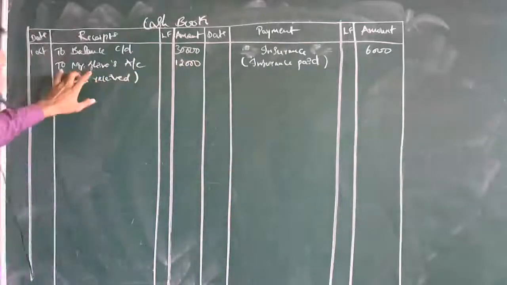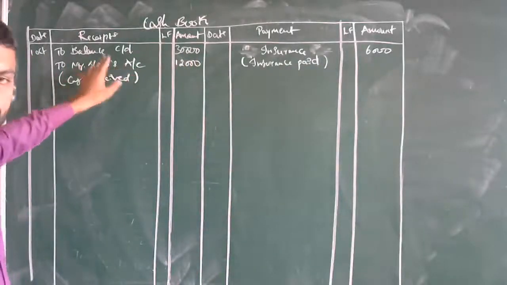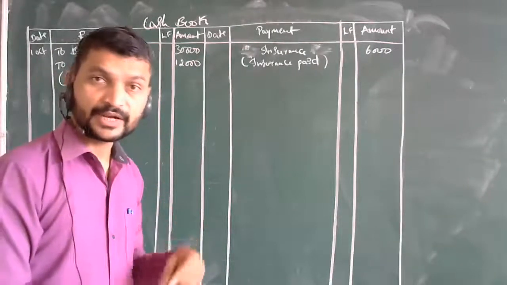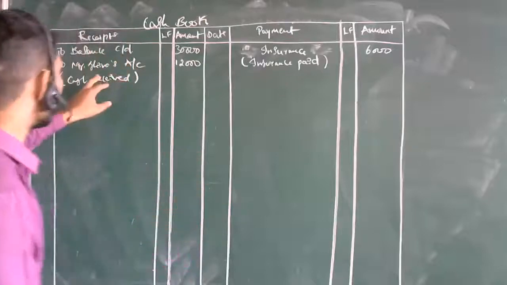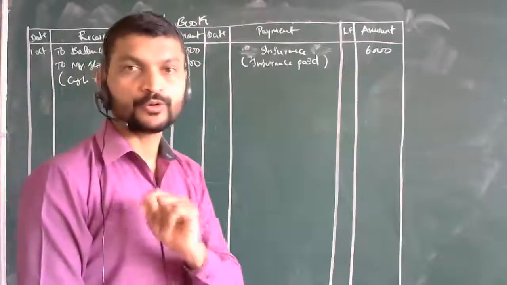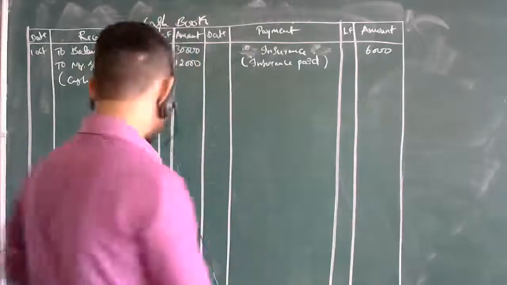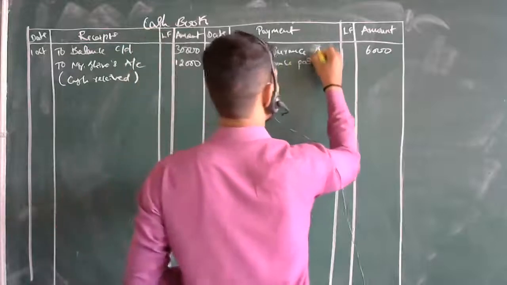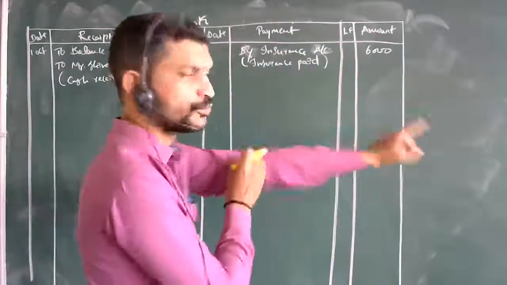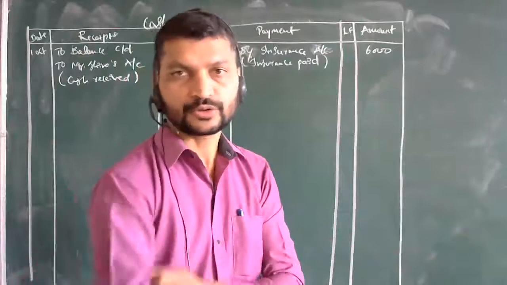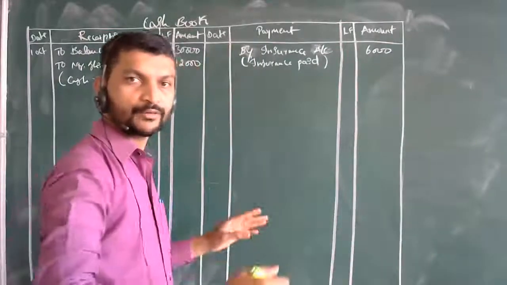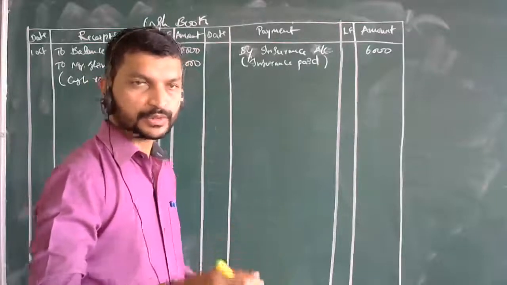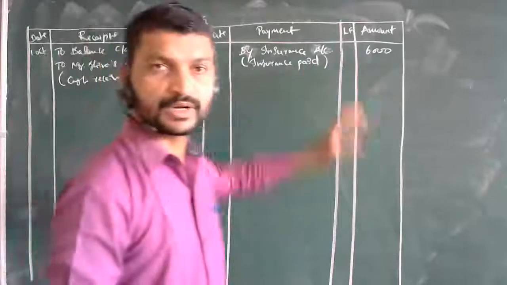And on this side, Mr. Shiva's account, you can just write Mr. Shiva, no need to write account and all. I am writing it so you can understand how many accounts you are going to open further. For that understanding purpose, we are using these words. Insurance account means we are going to open a ledger account of insurance as well. So you can easily calculate how many accounts you are going to open further for posting purposes. That gives you a clear idea about it.